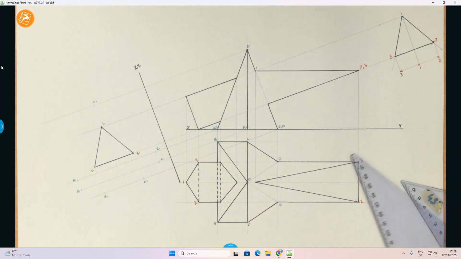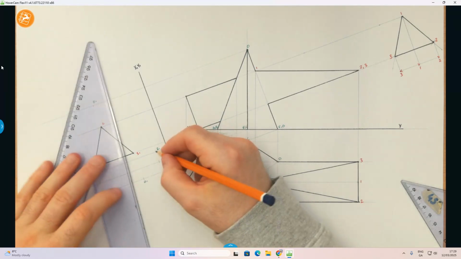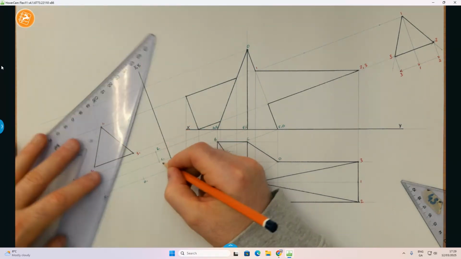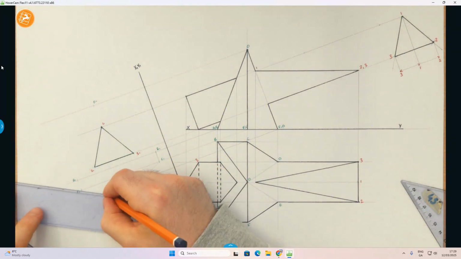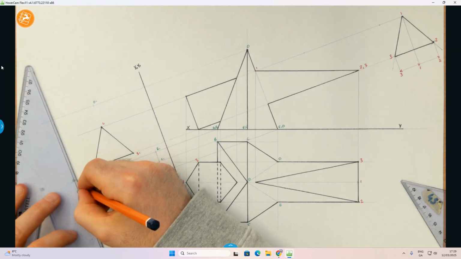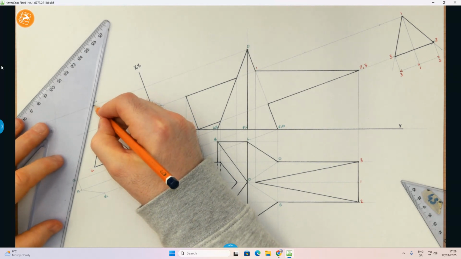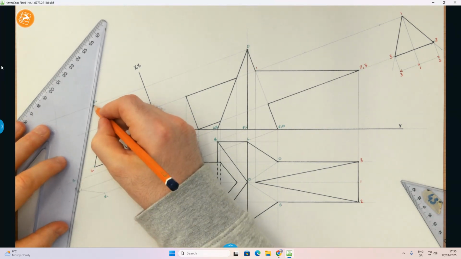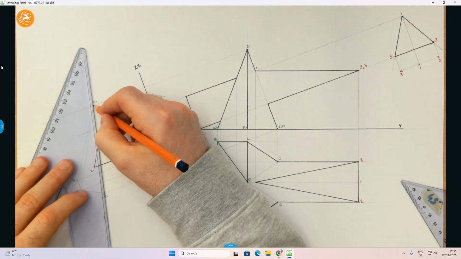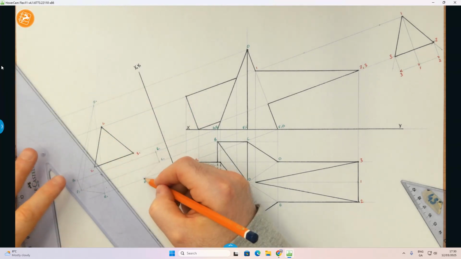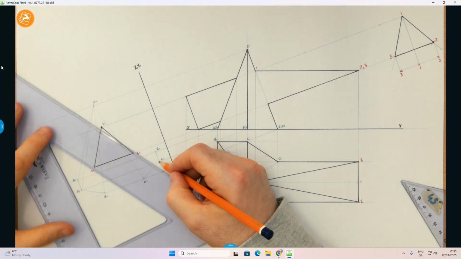Now let's join it all up. Okay, I'm going to join it in lightly first, and I know every one of these connects to each other. So A connects to B, it's already a line. B connects to C. C connects to D. D connects to E, it's already there. E to F, sorry. And F back to A. That's my base. Now, every one of them connects up to the apex O. So A to O. F to O. E to O, D to O,